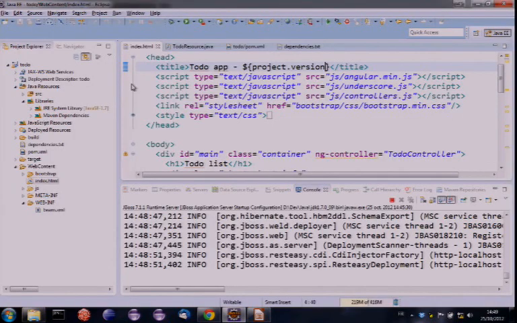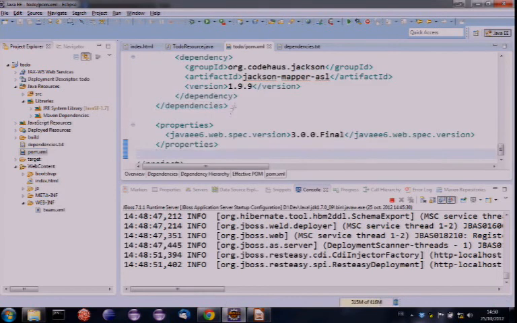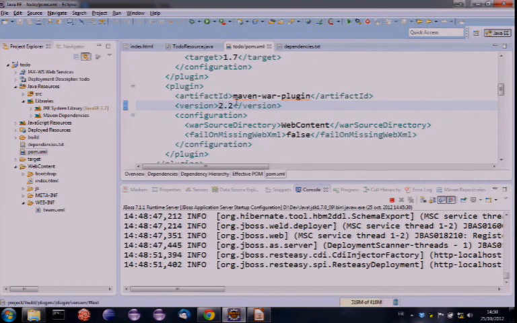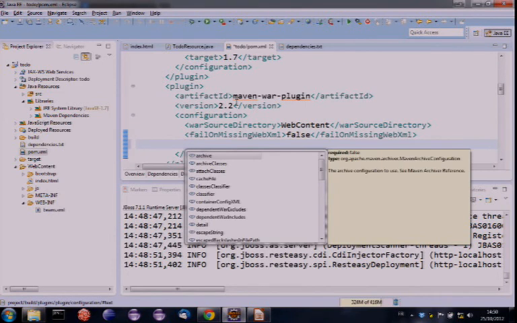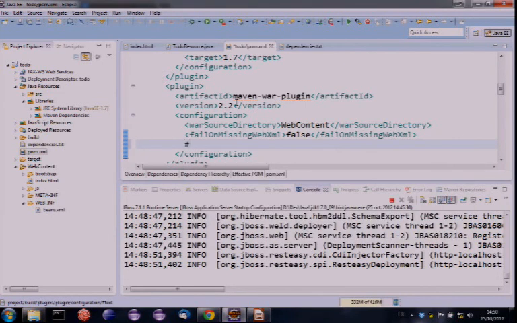What happens is I need to tell Maven and M2E WTP to activate resource filtering. So I need to change my POM XML in the war plugin. I'm going to add a configuration that says